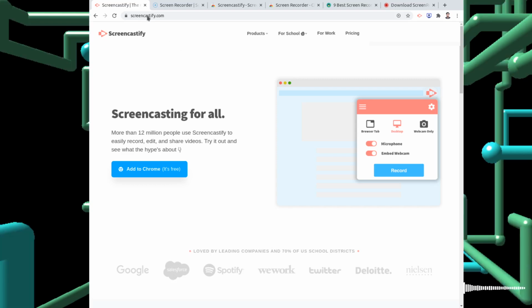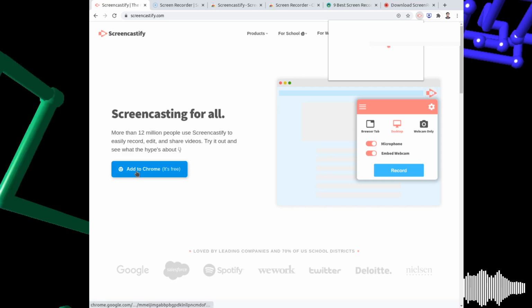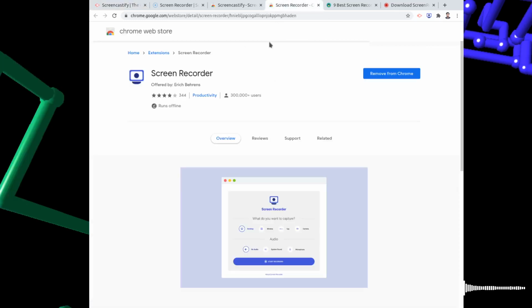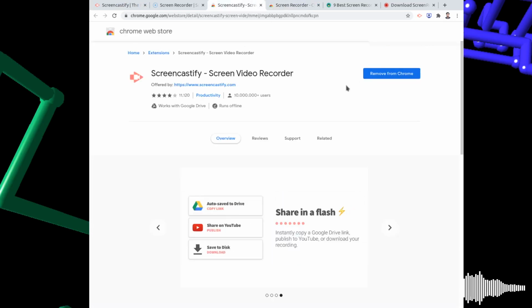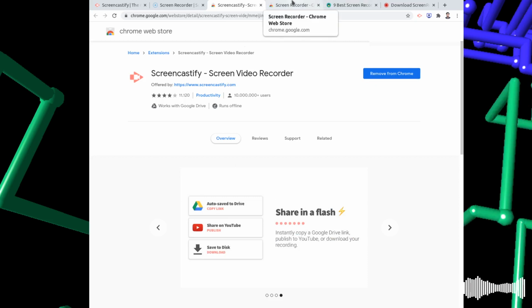If you can see, this is just a browser-based screen recording service. Once you click on the add-on Chrome button, it will navigate to this page, which is Screencastify. Here you have to add it to Chrome, and the steps are pretty straightforward.